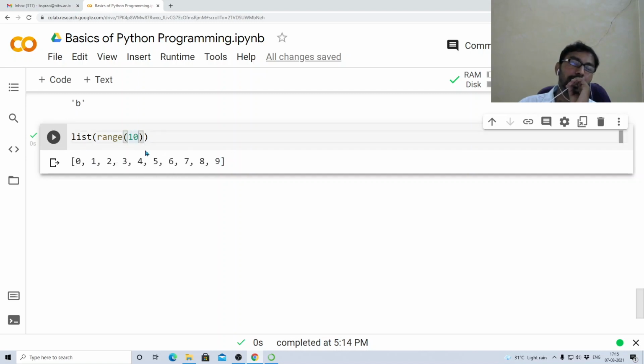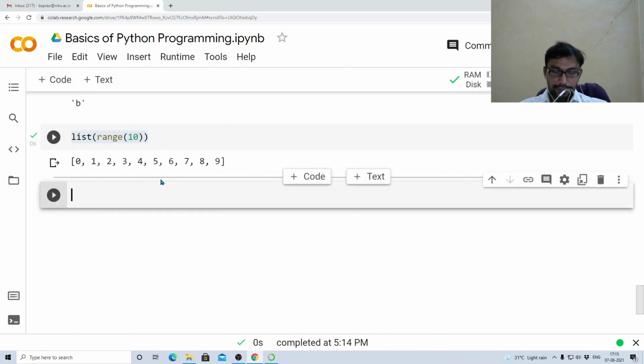If you give 11, it will give up to 10. So range of numbers starting from 0 but not including 10: 0, 1, 2, 3, 4, 5, 6, 7, 8, 9. So if you give a single integer, it starts with 0 and generates integers till that number, but not including that number.